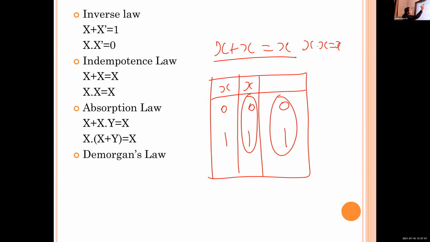In this expression, we are using only one Boolean variable. Two terms are there, X and X, but the variable name is the same. So here X is the only Boolean variable used in this expression. So we can give only two values for this X, that is 0 and 1. Then X plus X: 0 plus 0 is 0, 1 plus 1 is again 1. So X plus X is equal to X. Then you just prove the next idempotence law, that is X dot X is equal to X.